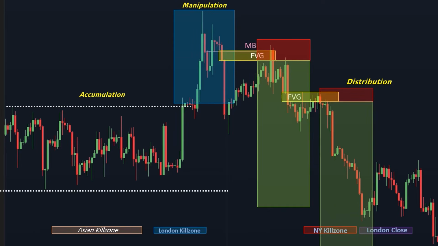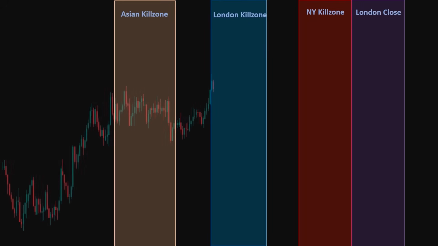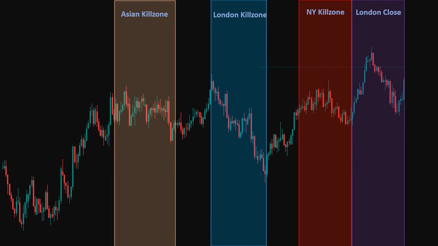With all conditions met, you could have placed a sell order at the top of the mitigation block and FVG. Eventually, price reaches the London close, our key profit-taking zone. From there, price taps into higher time frame buy-side liquidity, triggers a retracement, and pulls back into the close of the day. So traders, this is how you apply the framework to analyze price behavior, map market structure, and execute